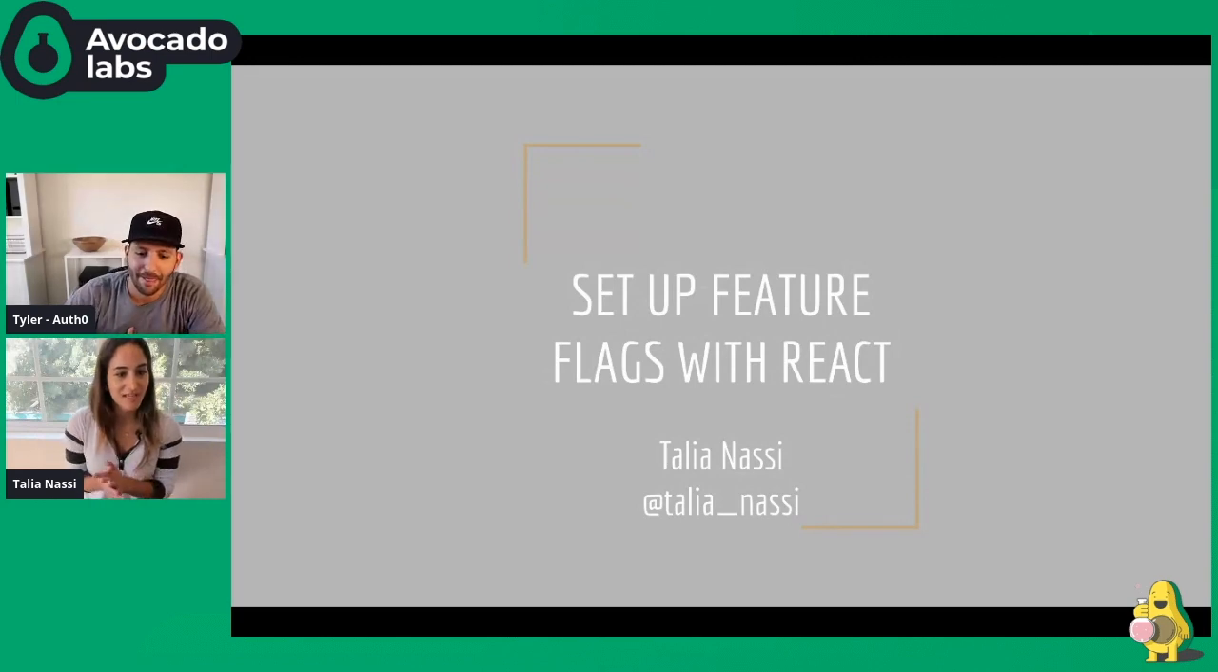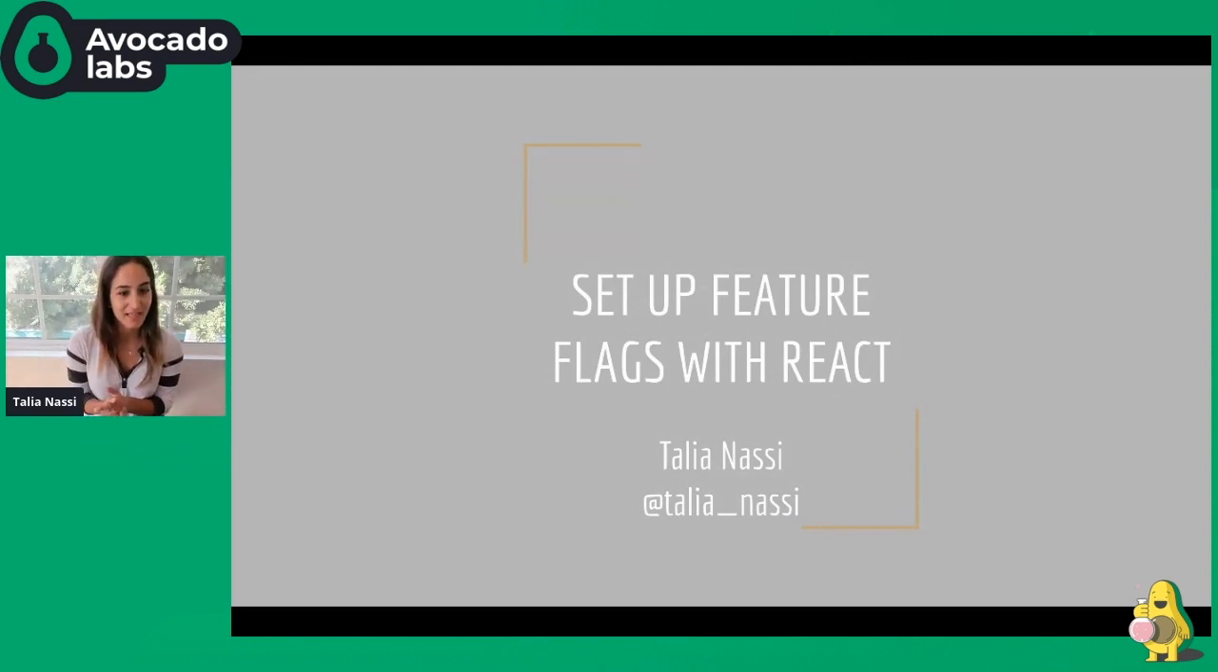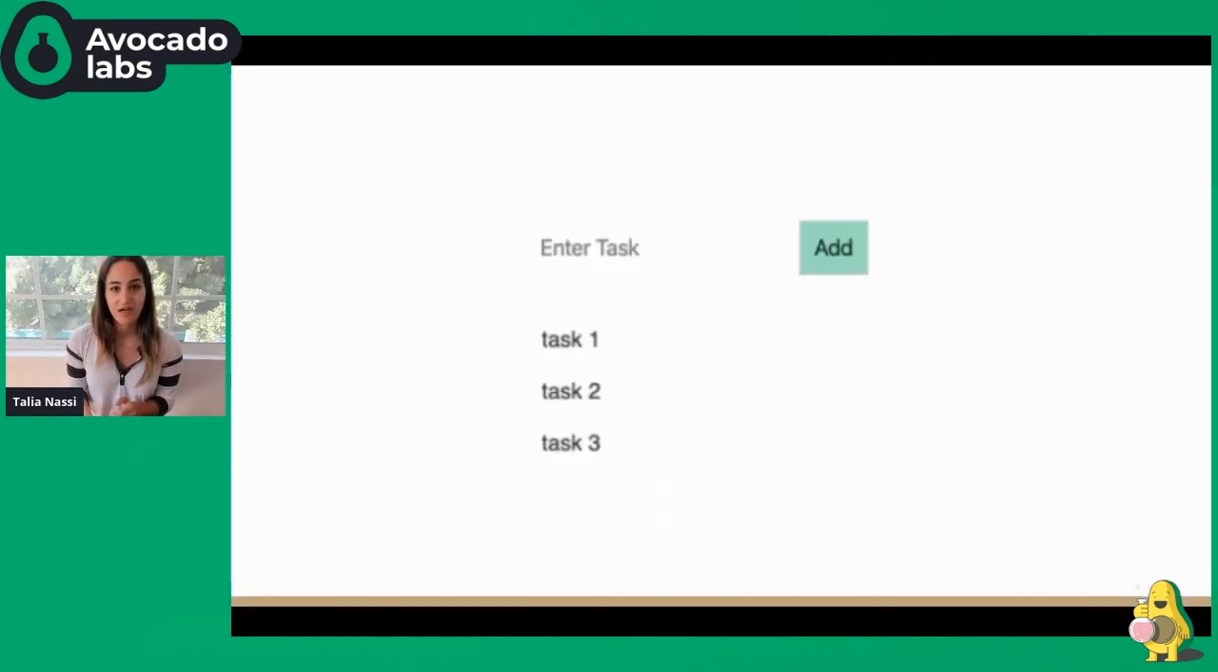So we're going to talk about setting up feature flags with React today. I just want to start off by setting the stage a little bit. Let's say that I am a front-end developer and I'm working on this to-do list app. And right now, users only have the ability to add tasks to the list, but I want to add the